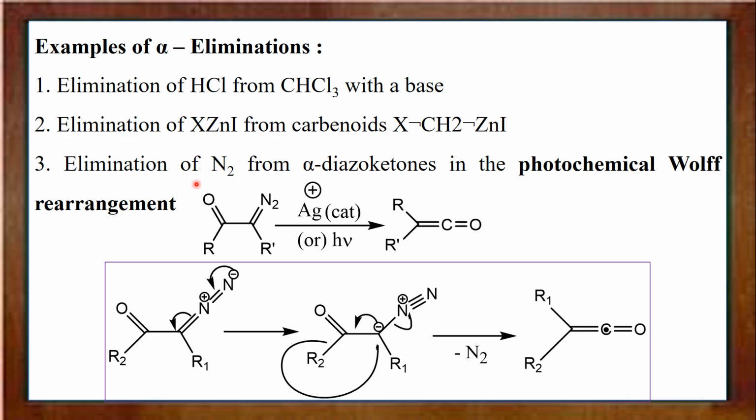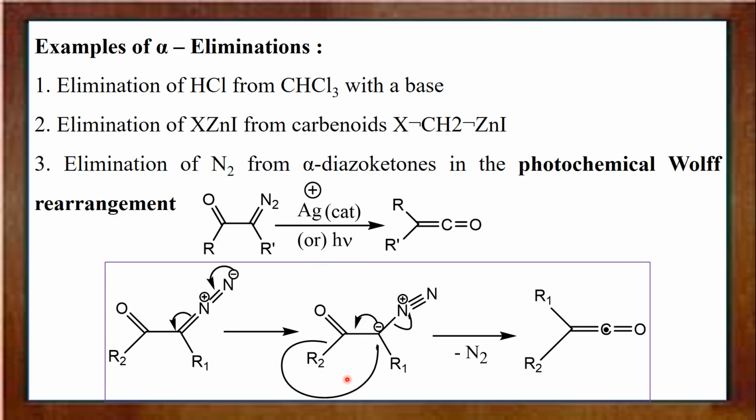Another alpha elimination is elimination of nitrogen from alpha diazoketone by using light. This is called Wolff rearrangement. So alpha diazoketone, this is diazo, this is carbonyl ketone. With respect to carbonyl group, this is alpha. Therefore, this is called diazoketone. So diazoketone on exposure to light